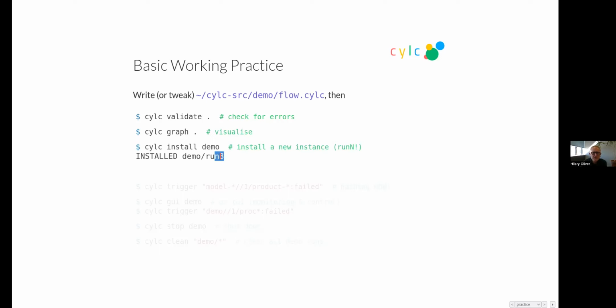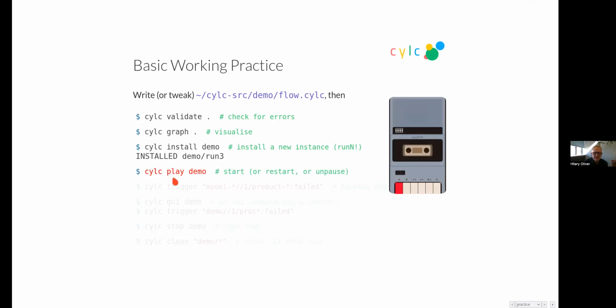And by default, Cylc's going to install a new labeled run of your workflow under the run directory, run 3 here. Why is that? That's so you can continue working on your workflow source directory and testing new versions of it while your original is running in production mode or whatever.